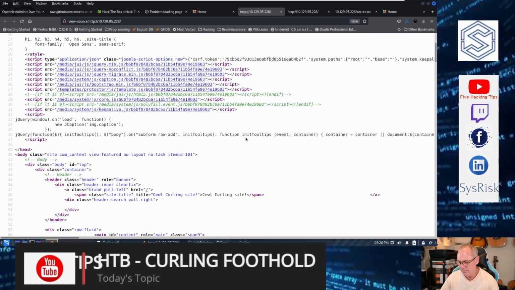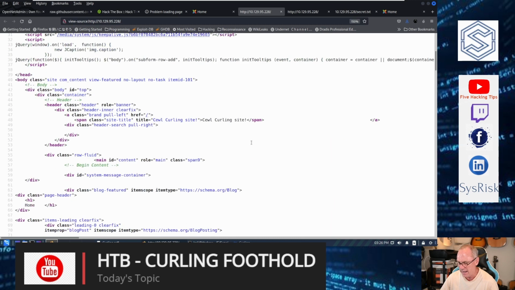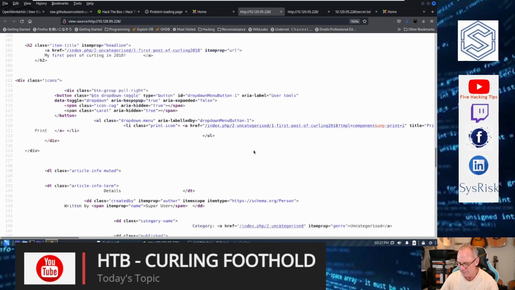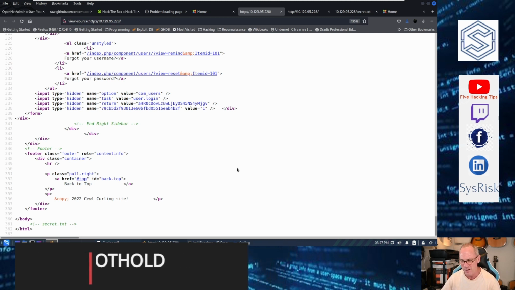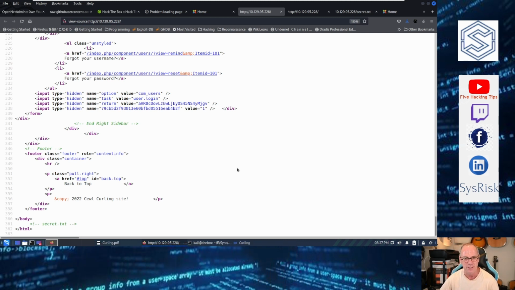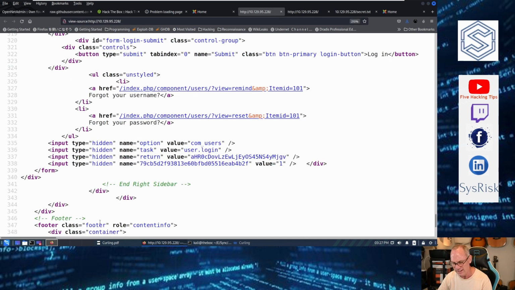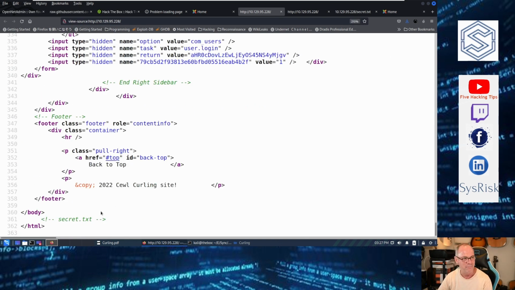The long and short of it, after going after this for a while, and that was only the first step. It's an easy machine, but I think it's a little more medium from the get-go, because you just don't expect it to be so easy. It's one of those forehead slappers. You can see right down here, it's kind of hard to see like that, I'm going to enlarge the font, but there's a